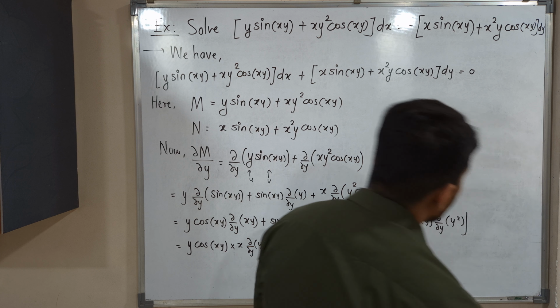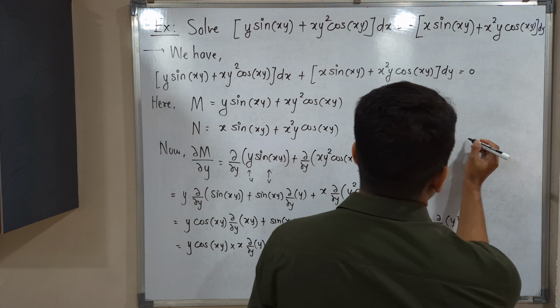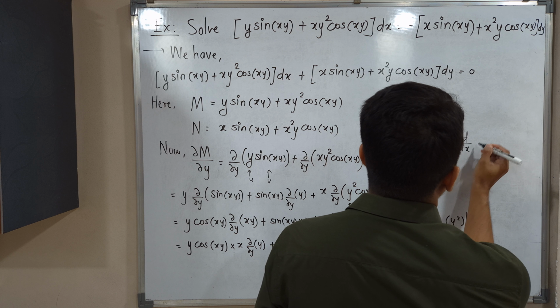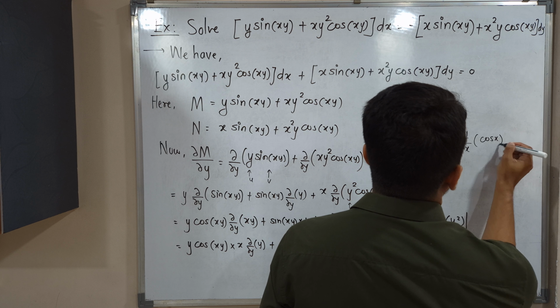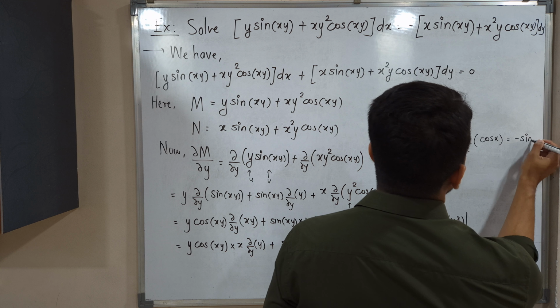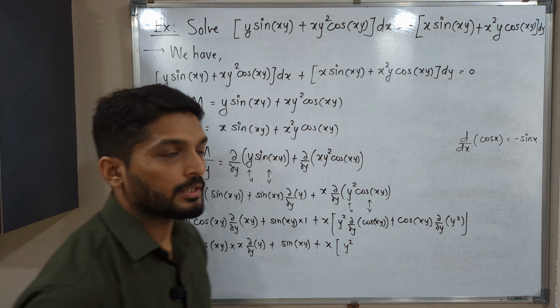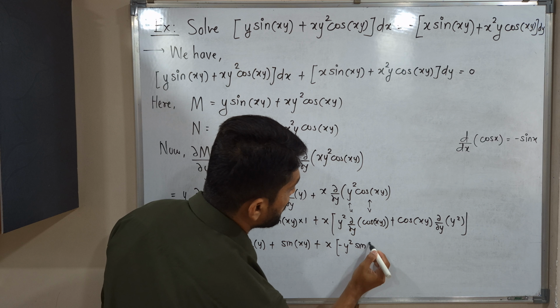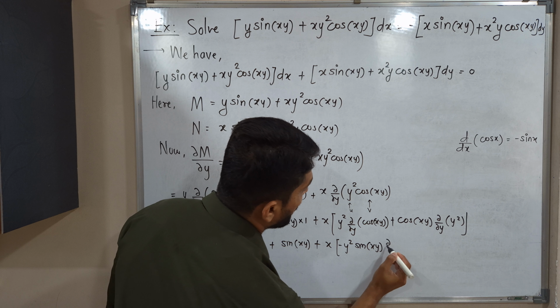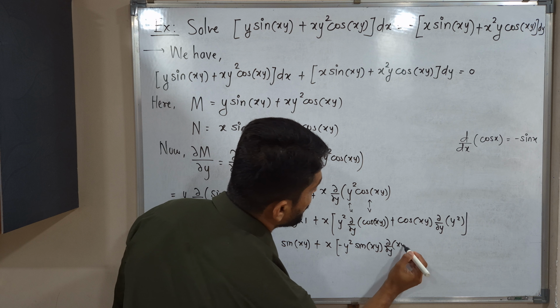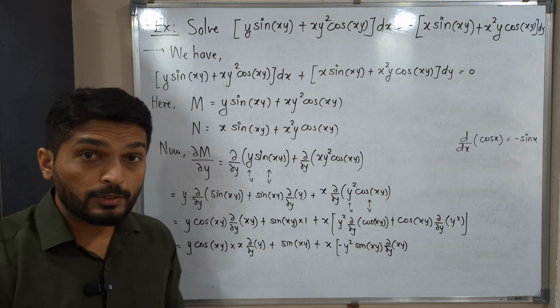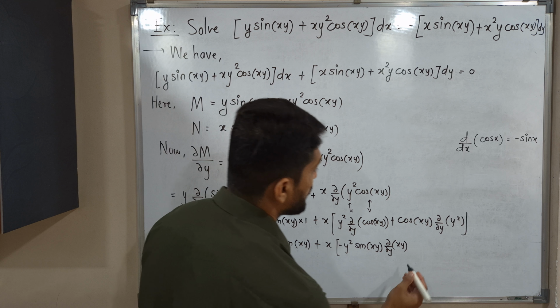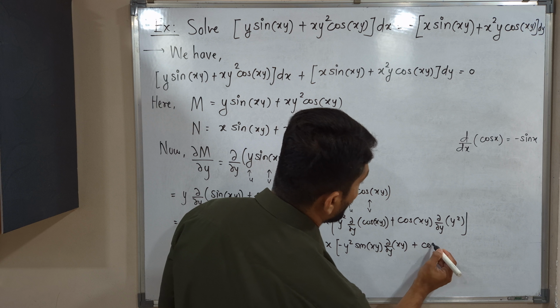What is the derivative of cos? The derivative of cos x is minus sine x. This is the formula I am using here. Tell me what will I get? Minus I am writing here, so sine xy, and again the derivative of xy. If you have anything inside the bracket, we should take its derivative again. So I am taking the derivative of xy. Chain rule. Cos xy,